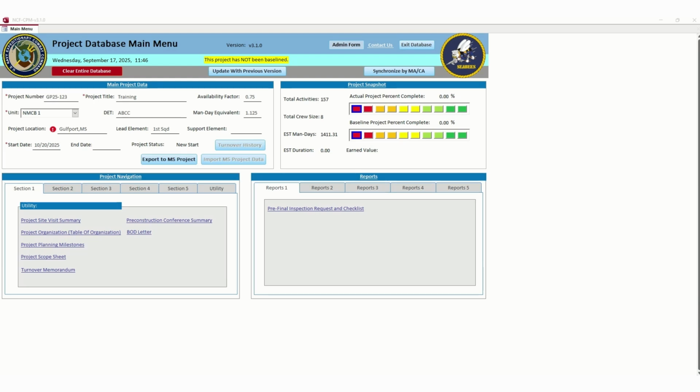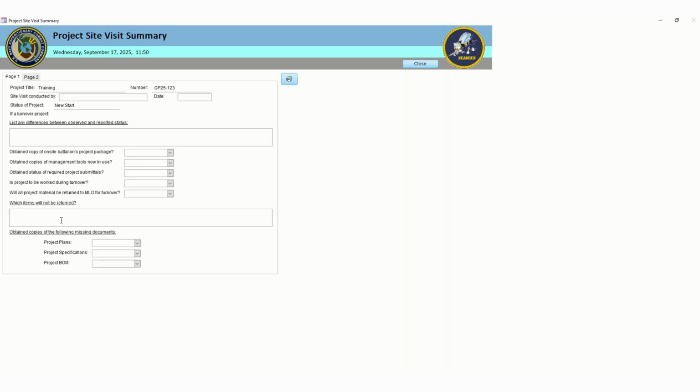In this lesson, we're going to go over Section 1, which would be 1A and 1B in your 5-folder package. Section 1. In Section 1 in the project navigation, you have a project site visit summary that you could fill out: who it was conducted by, the date, the differences that you observed, all the other different things you would need,